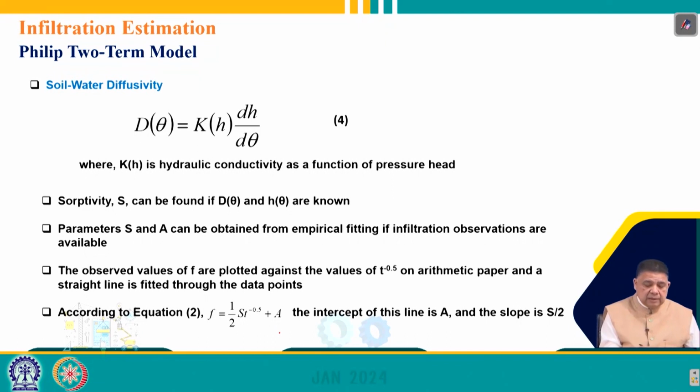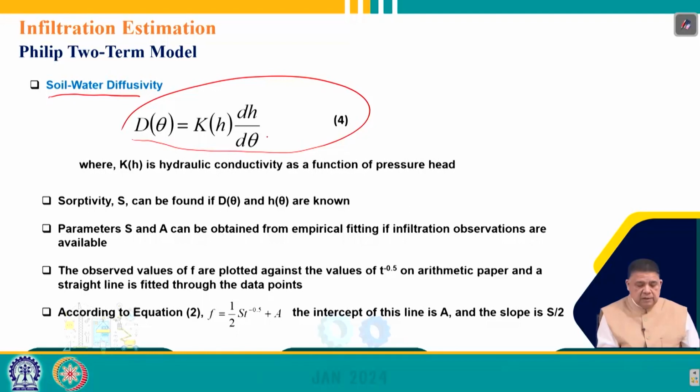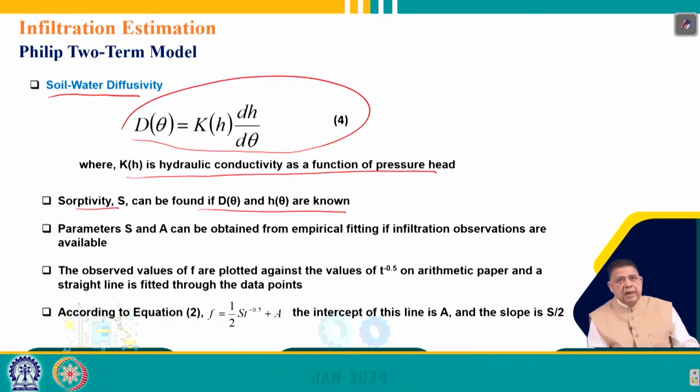Now, another term which comes is soil water diffusivity, which is defined by this equation, D theta equals K h times dh by d theta, where K h is the hydraulic conductivity, a function of pressure head, and absorptivity can be found if D theta and h theta are known. And if you have read in soil science, and if you have done the experiments, or read about the pressure plate apparatus,